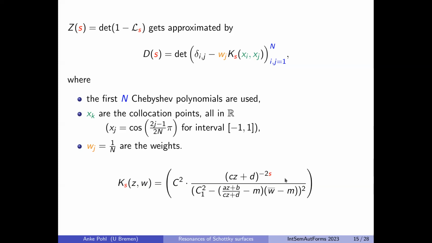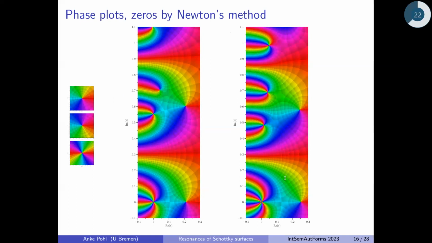Doing this with real algebraic expressions seems to be impossible. So we calculated these zeros numerically. How did we do that? We used Newton's method, and here is a picture version of why Newton's method works quite well here. Let me go first to these little pictures and explain what we see.